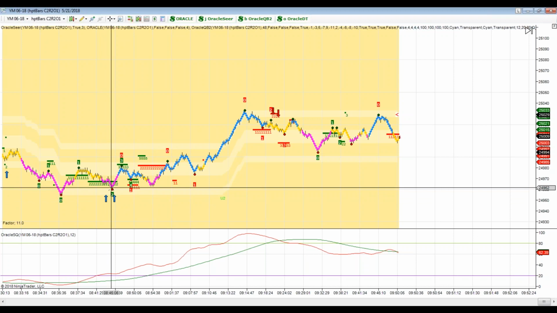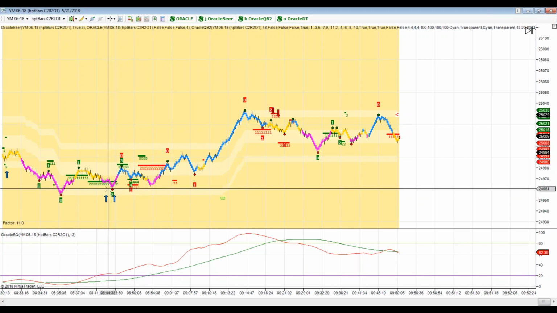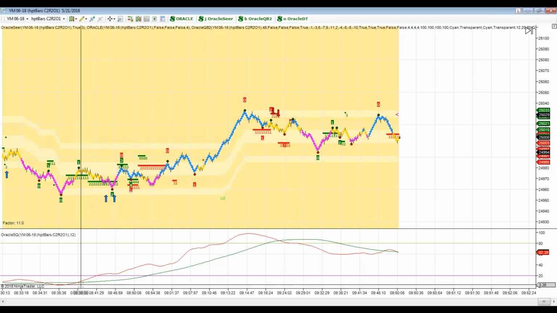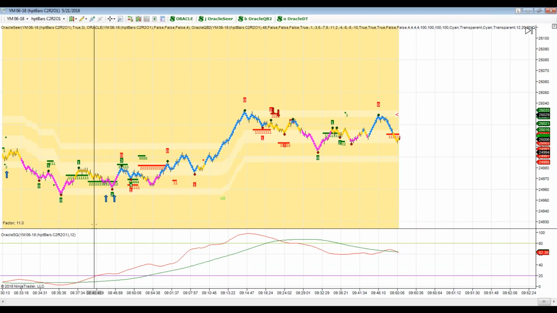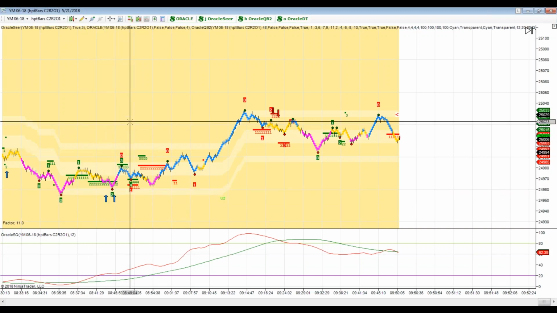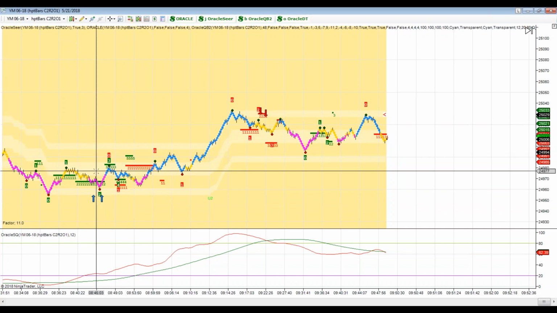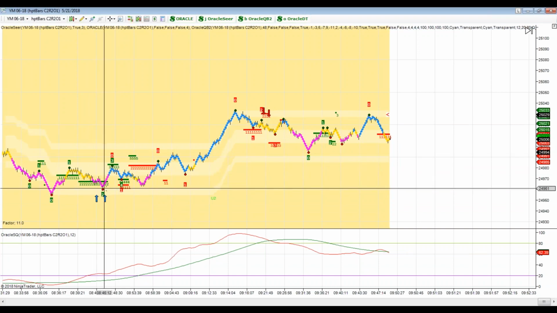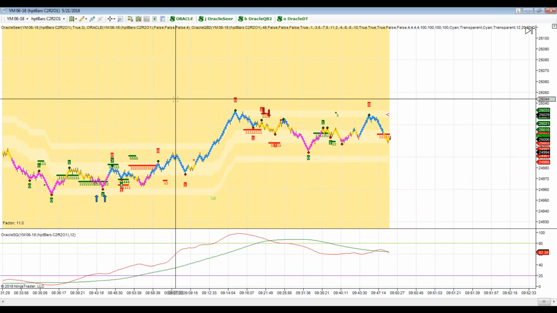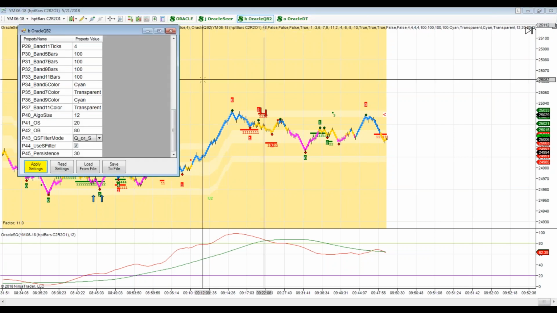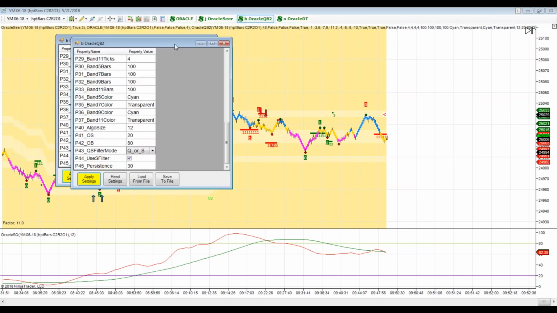A lot of times you'll get divergence where the market qualifies and then several bars later it starts to diverge, but it's still a good trade. The primary reason for persistence is to cover that divergence, all right? And what does that basically mean? Well, I have that value set to 30. So what it means is